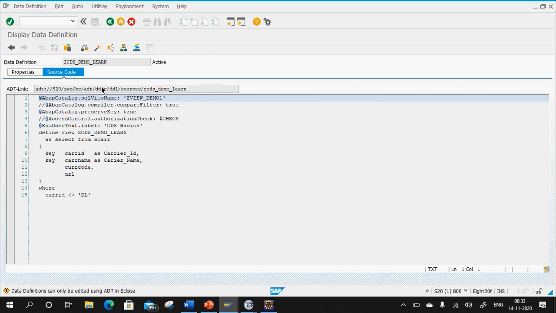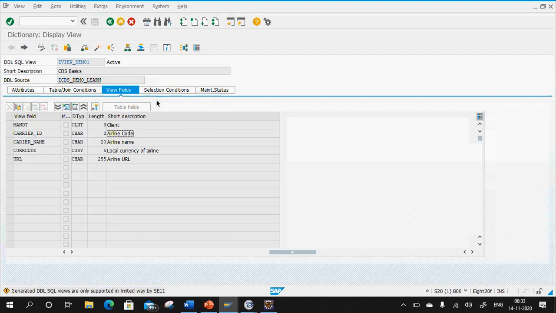So as I told you, as of now, you cannot create or edit any DDL source or CDS view apart from Eclipse. Even here you can just see the same, but you cannot do anything. This is your DDL source name, CDS entity view name, and SQL source name, which you just saw. So the DDL dependency table is the first point, and second, the TR contains only your DDL source name. Even if you navigate here, you won't be able to edit or change any of the things. You can just see the same.